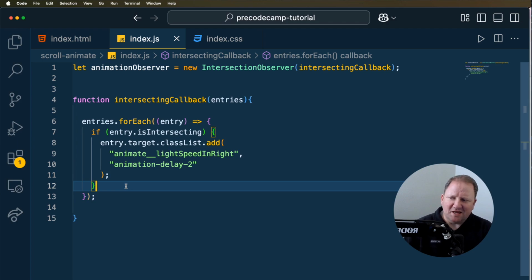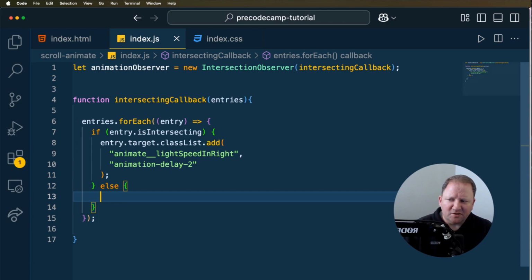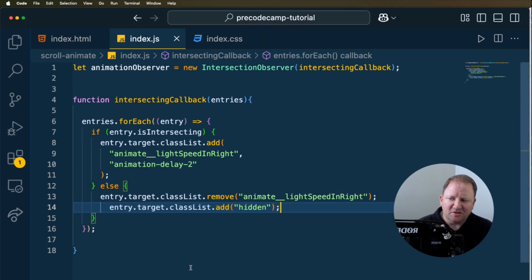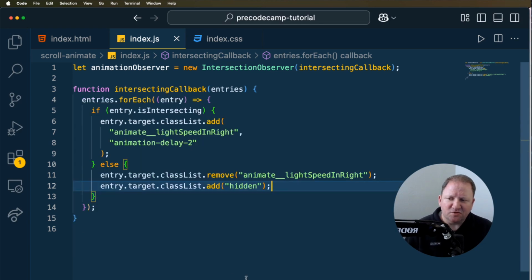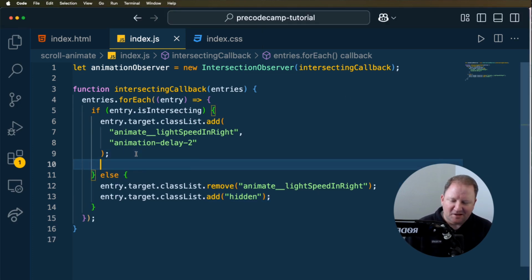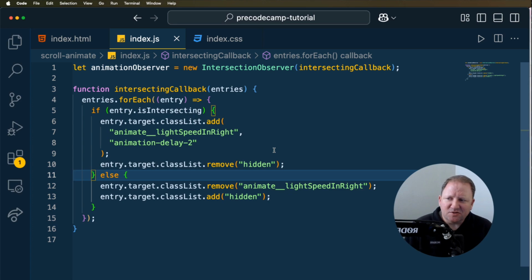And then, of course, at the end of the if, we're going to do an else. And what do we want to have happen if it's not in the view? We want to make sure that we remove the animation. And then we also want to apply the hidden. We definitely want to make sure that we come in here and remove the hidden from that element. Okay. All right. So now that we have our intersecting callback all done,